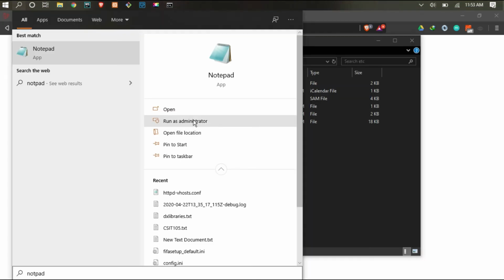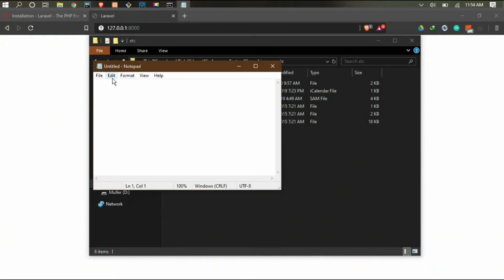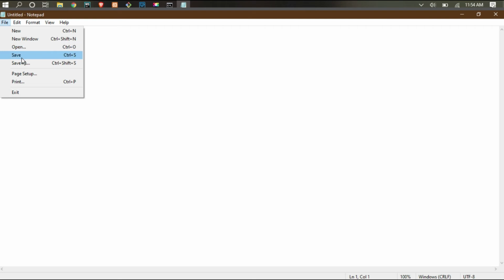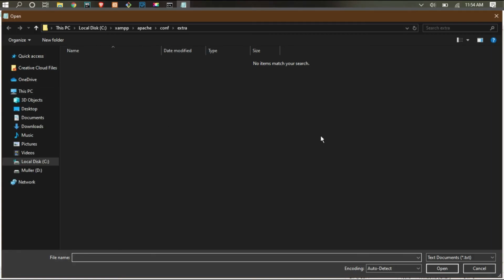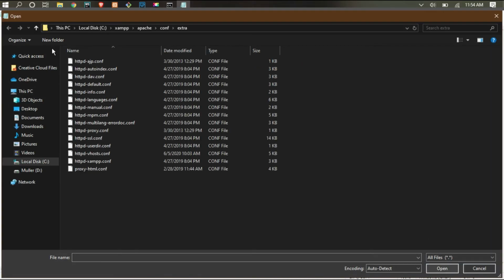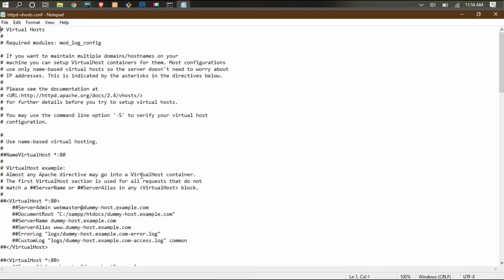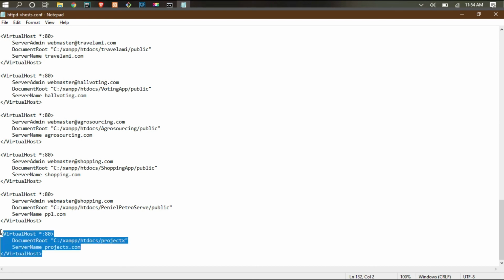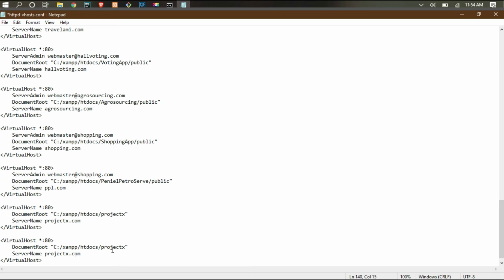So you have to run Notepad as administrator. Then we have to open this. We navigate to localhost, XAMPP, Apache, conf and extra. Then we look for the virtual host file, httpd-vhosts. Then we have to bring in a new one. What was our name? We called it